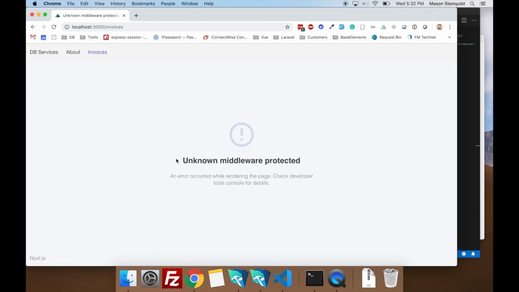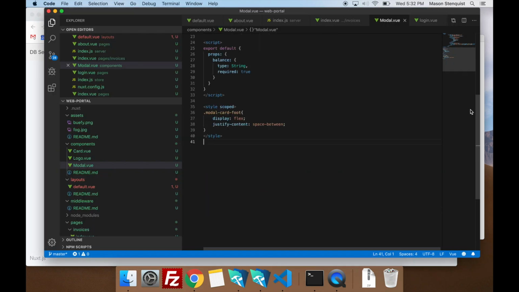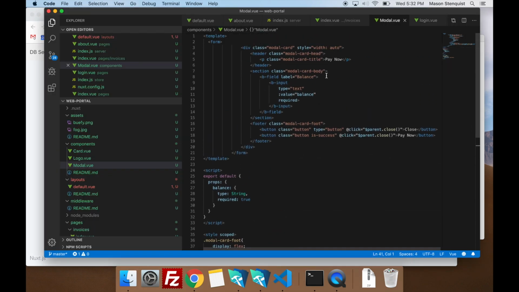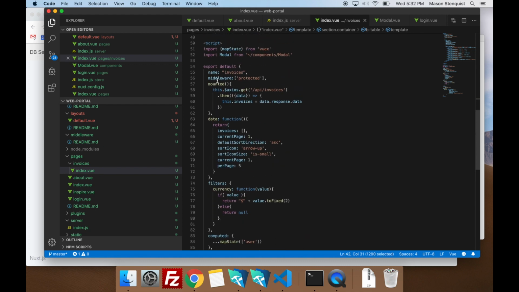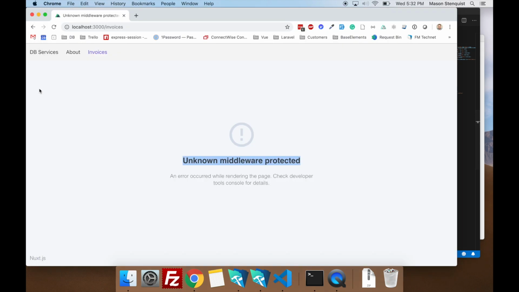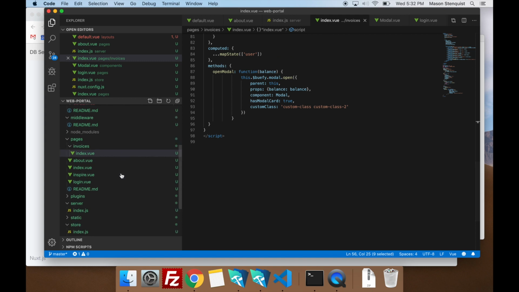All right, so now it's saying we're calling a middleware that doesn't exist. If you'll notice on our right here, I set it up so that it calls this protected middleware. That's because we don't want just anyone to come to this invoices page and see anything. They have to be logged in first. And we can reuse this in multiple places, which is nice.